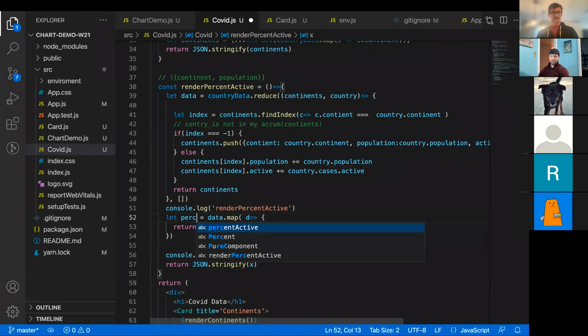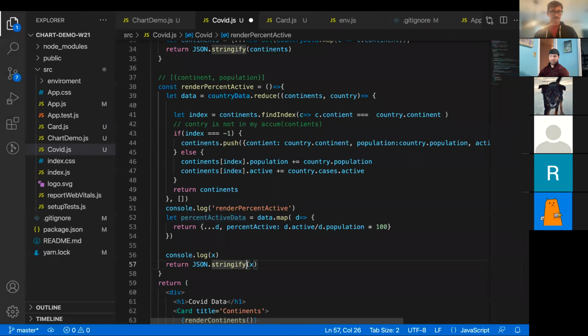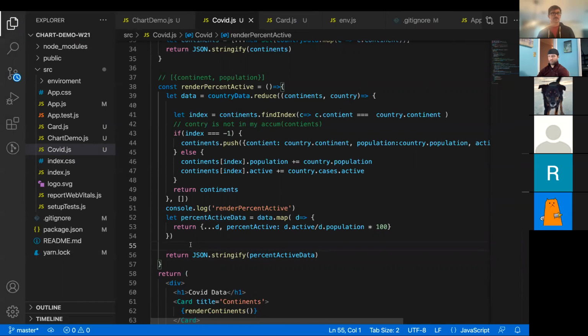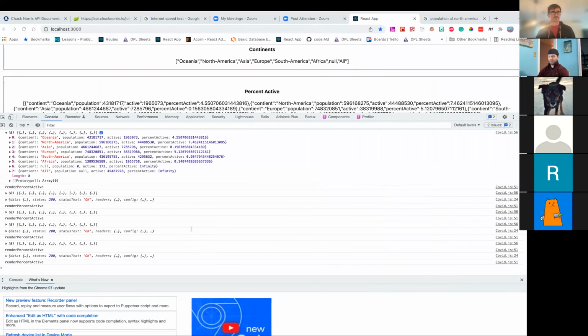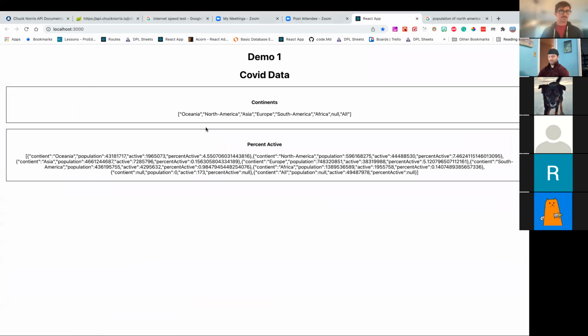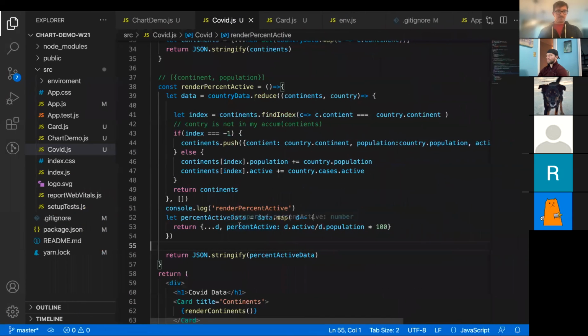Or I could call this percent active data. And yeah, here I also might want to,